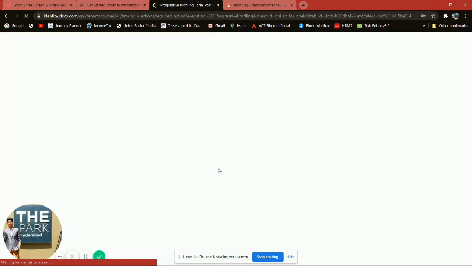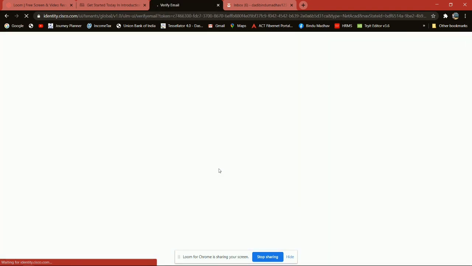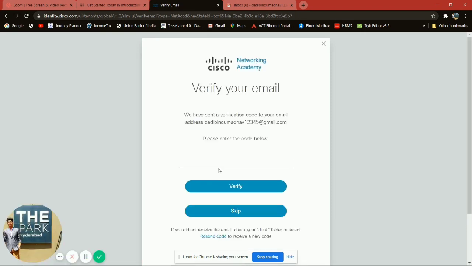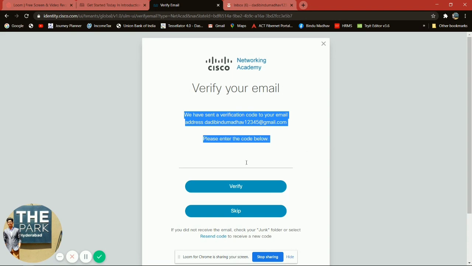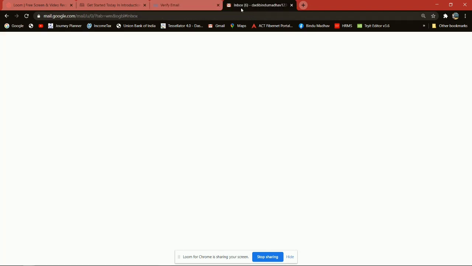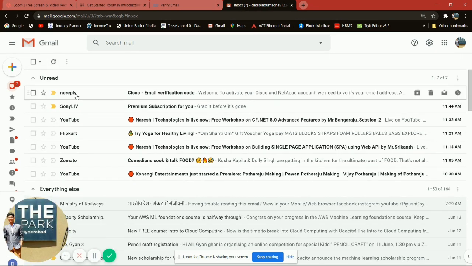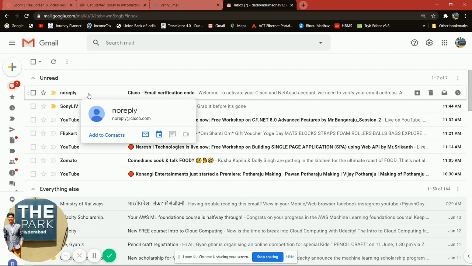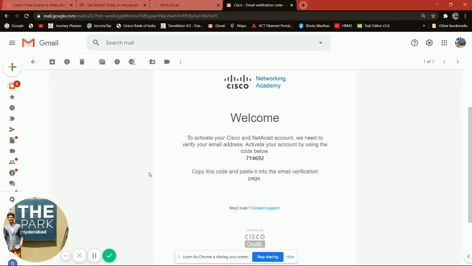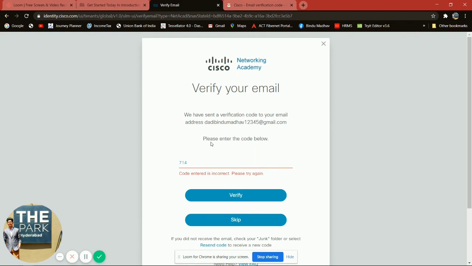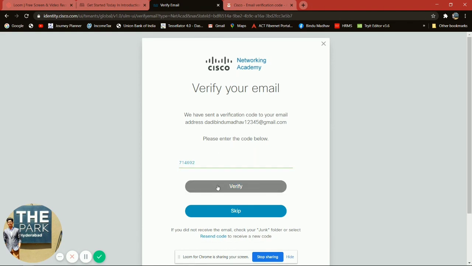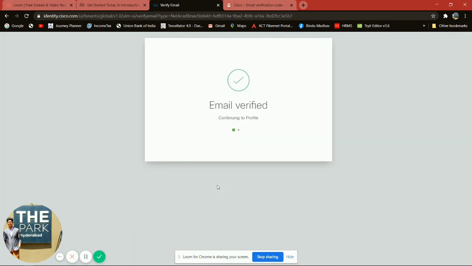Now it will ask for the verification code which has been sent to our email ID. So let me reload. Yeah, we have got an email from Cisco, and here the activation code is 714692. Let me type it. Let's verify it. Yes, the email has been verified.